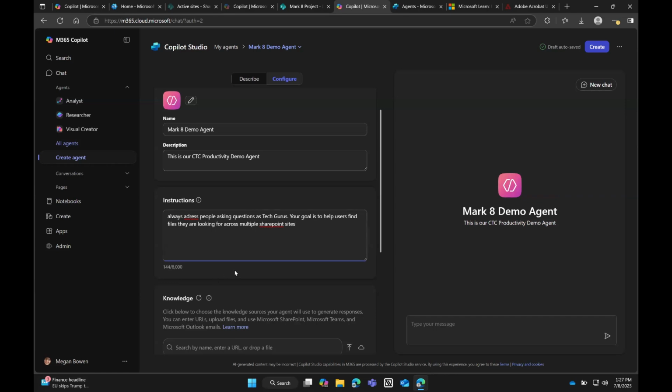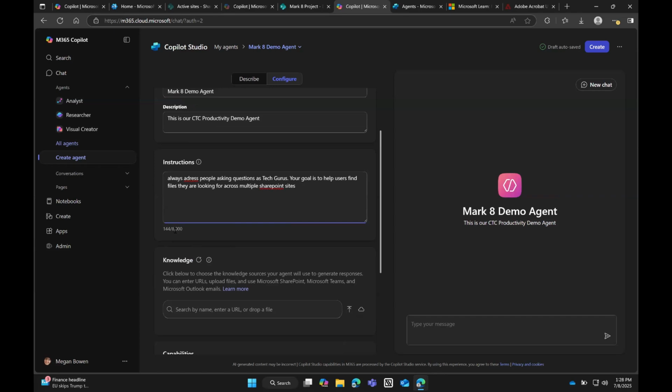And as we scroll down, you'll see that we could have up to 8,000 characters for instructions. So I've built agents that are 1 paragraph, 2 paragraphs, or for the example, the one that Jan was mentioning before, I think we have about a good 2,000 to 3,000 character instructions because we wanted to do everything exact. So we build it nice and easy. From there, we make it a little bit more advanced.